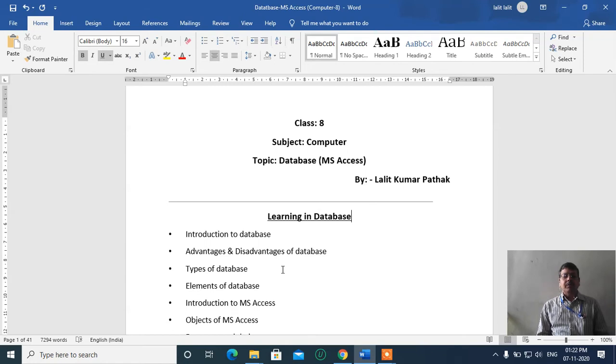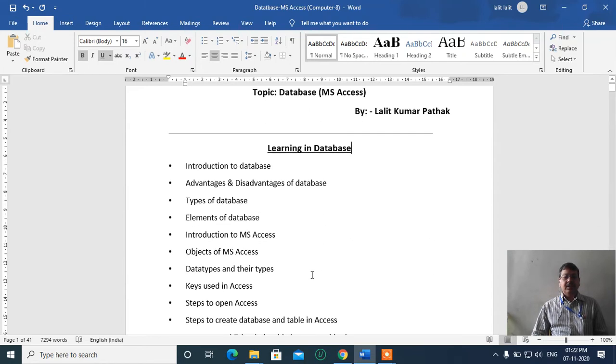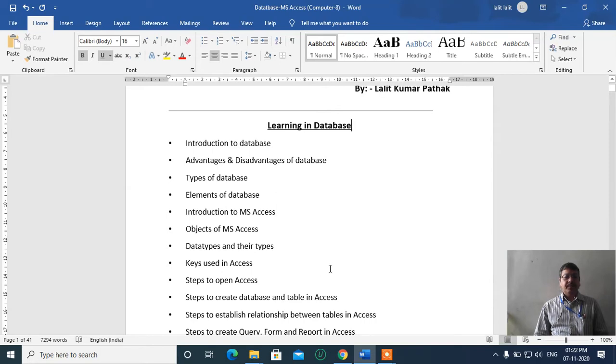So overall I am going to explain about the database, and in database you have to learn these topics: introduction to database, advantages and disadvantages of database, types of database, elements of database, introduction to Access, objects of MS Access, data types and their types, keys used in Access such as primary key and foreign key, how to open MS Access, how to create database and table in Access, how you can establish the relationship between tables in Access if you have created more than one table.